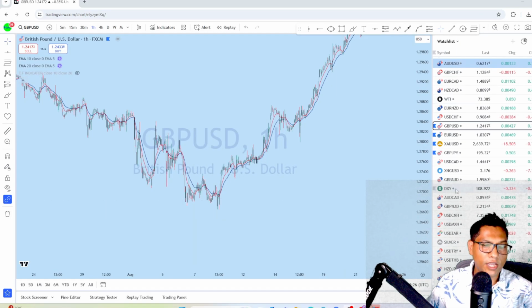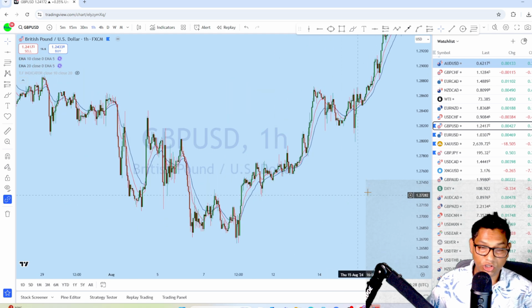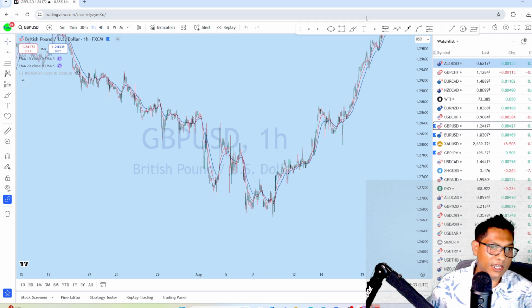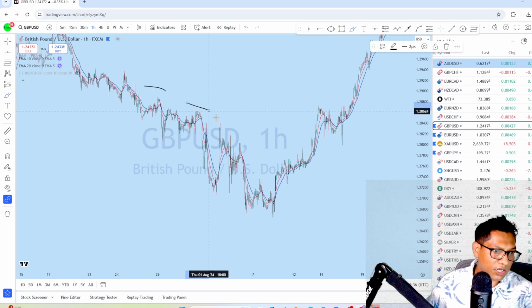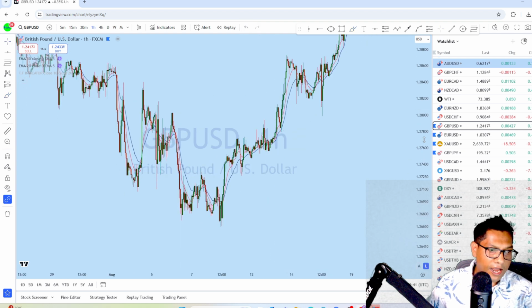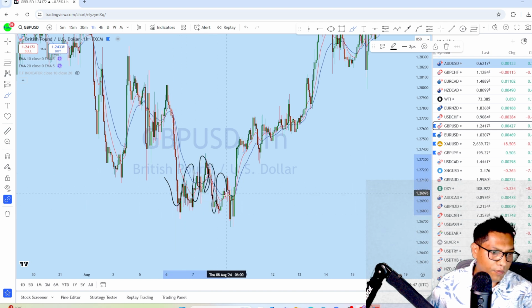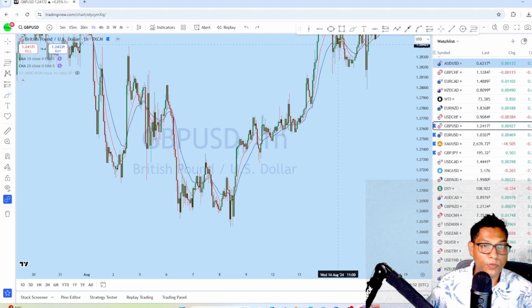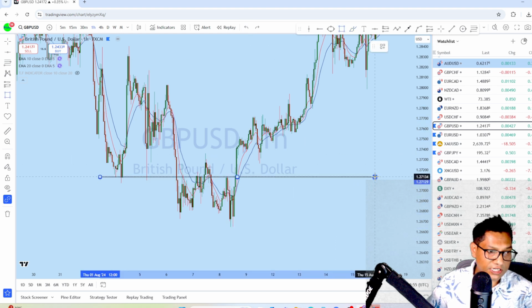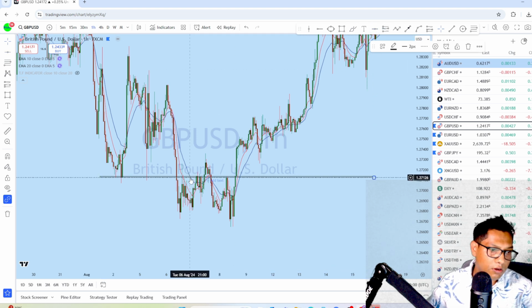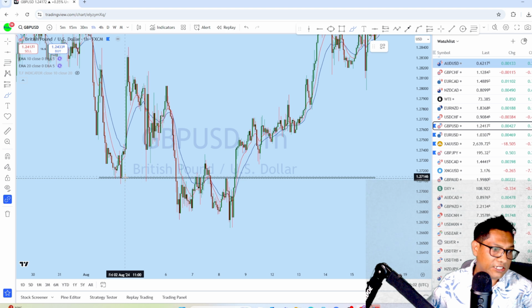Okay, so we'll be looking at this example on British Pound US Dollar to see how it is doing. Now, looking at British Pound US Dollar, you can see this is a downtrending market structure creating a series of lower highs on GBP USD. And at some point, we can see that after this consolidation, the market formed a double bottom, and then there is a strong breakout from that double bottom, leaving a neckline which we are discussing as an order block. Now once we identify the order block in that area, which also acted here as support,